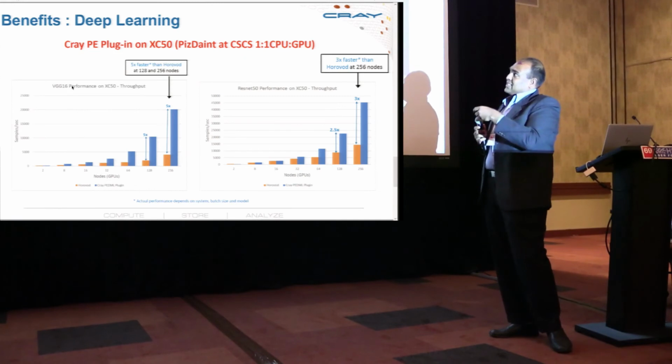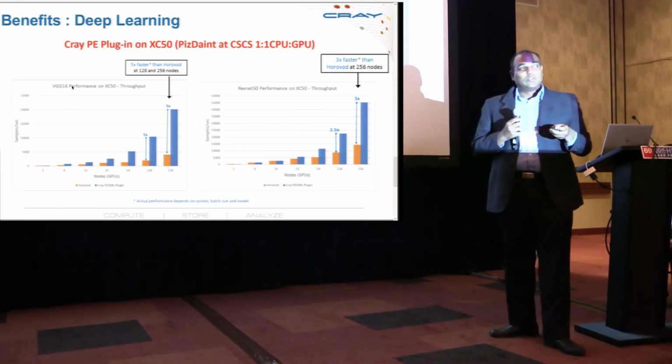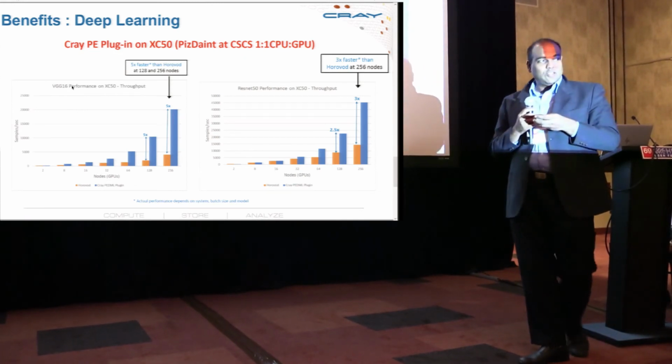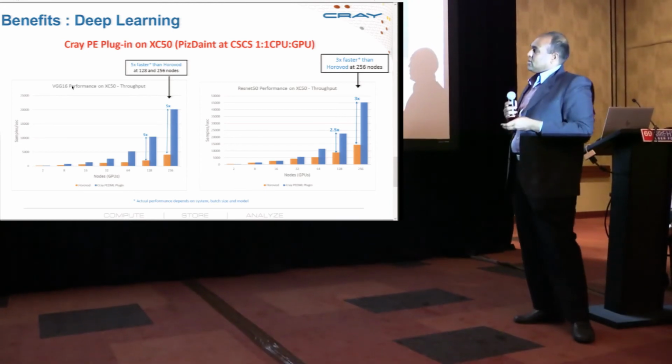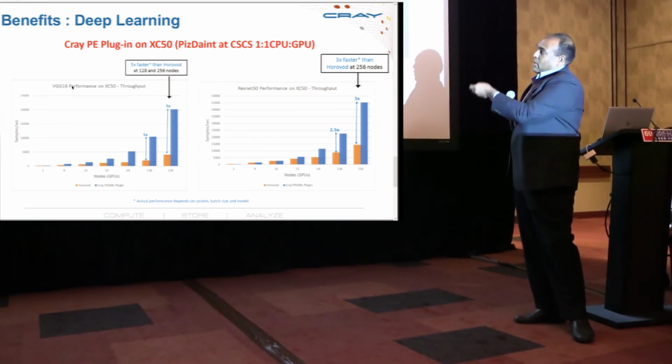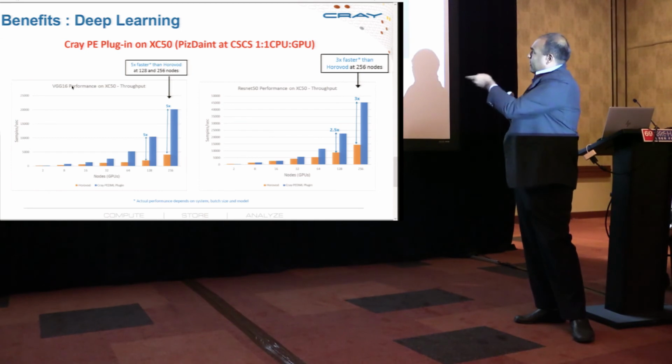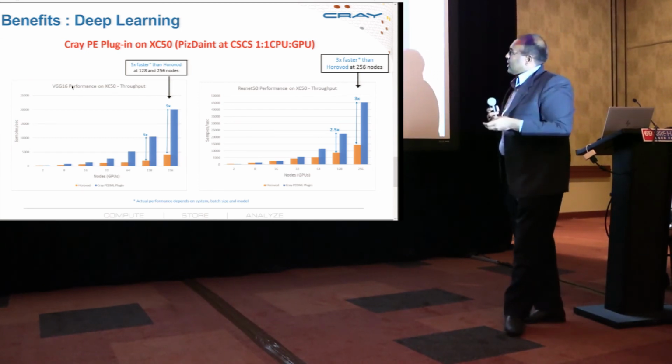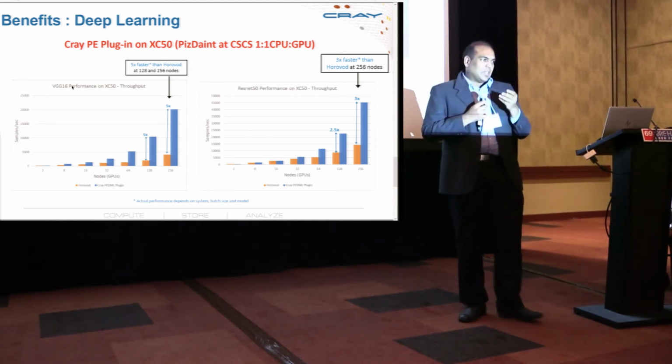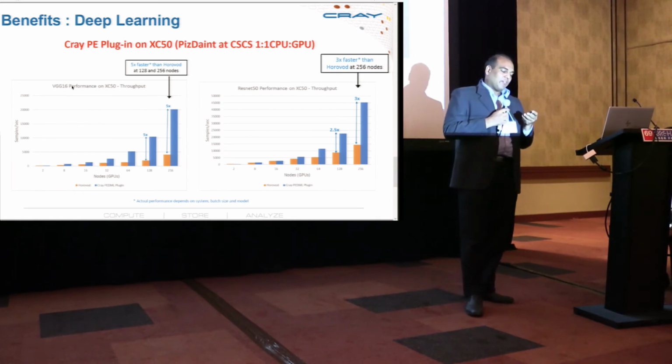And so when you translate that to XC on GPUs, and again, this is not a dense node cluster. This is a 1:1 CPU GPU cluster. We are seeing anywhere between 3x to 5x again on both efficiency and throughput on different kinds of models. So I think with that, I do have a talk after lunch where I wanted to get into the details of what we learned from these kinds of activities.